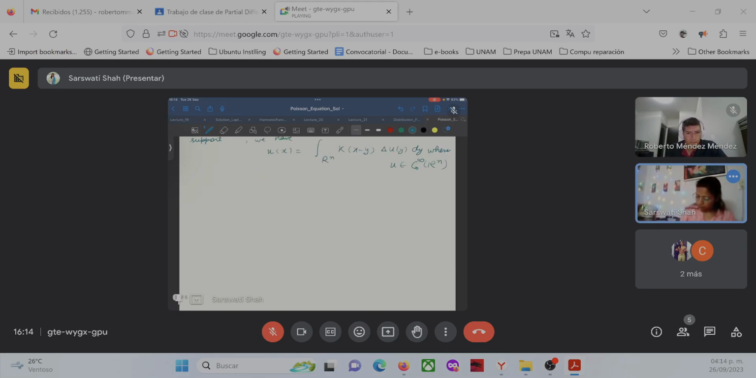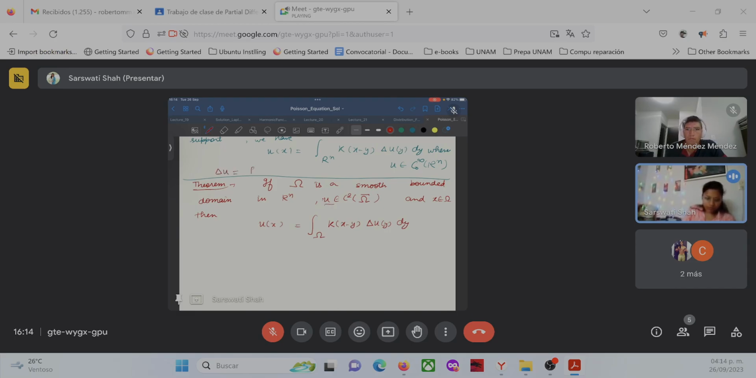So if omega is a smooth bounded domain in Rn and u is a second order continuously differentiable function in omega bar and x belongs to omega, then u of x equals integration over omega of k of x minus y Laplacian of u of y dy, where this u is defined as Laplacian of u equals f,